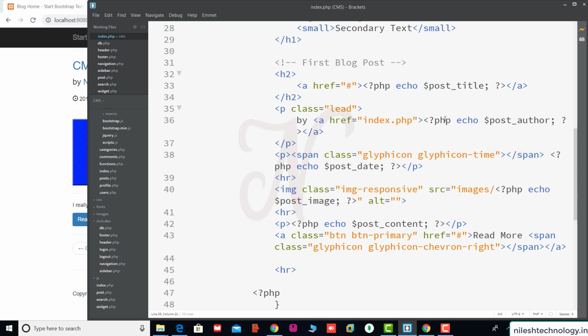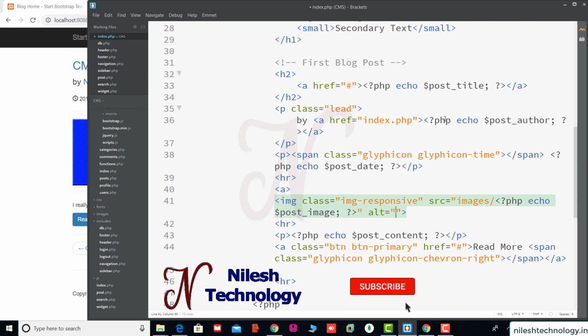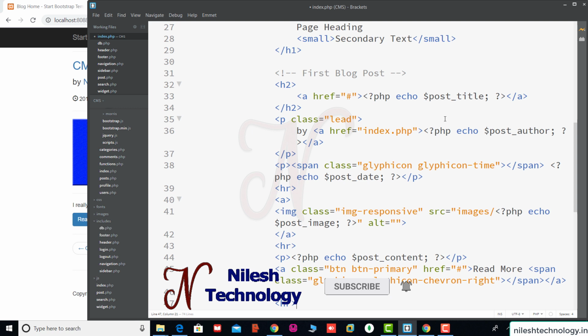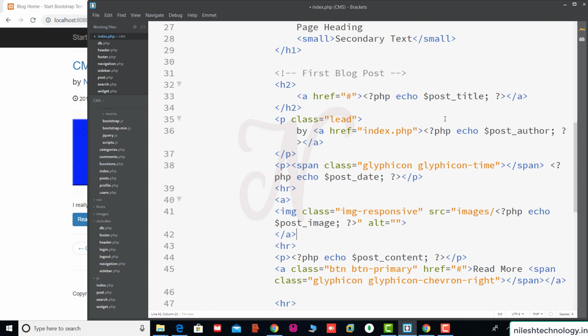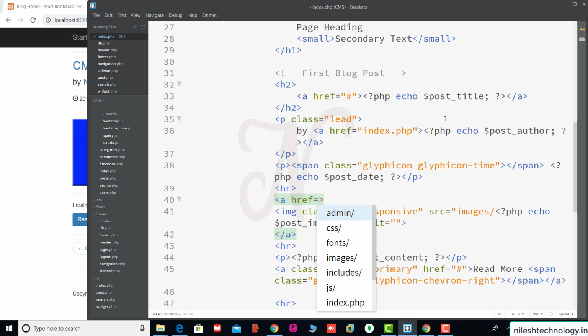So we add the anchor tag, or the link tag, and add this image inside it. If you click on this link, you are redirected to the specific post. Here we use href equal to